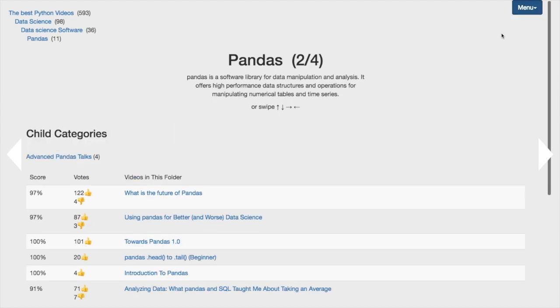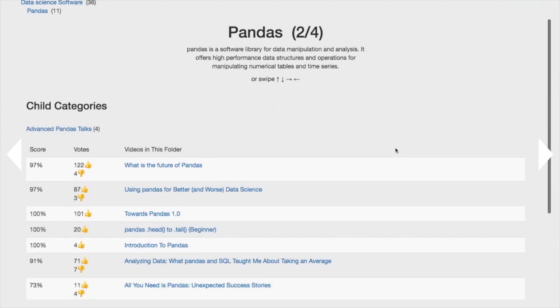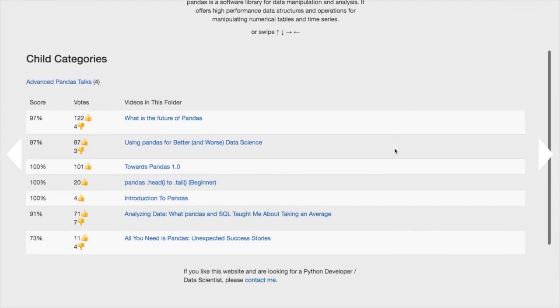We can also take a look at the list view. And so that was the best view, which shows everything in the tree. The list view just shows what's in this particular node. And so as you go up, there's one subcategory in this particular node and a whole bunch of videos. And as you go up, you typically find